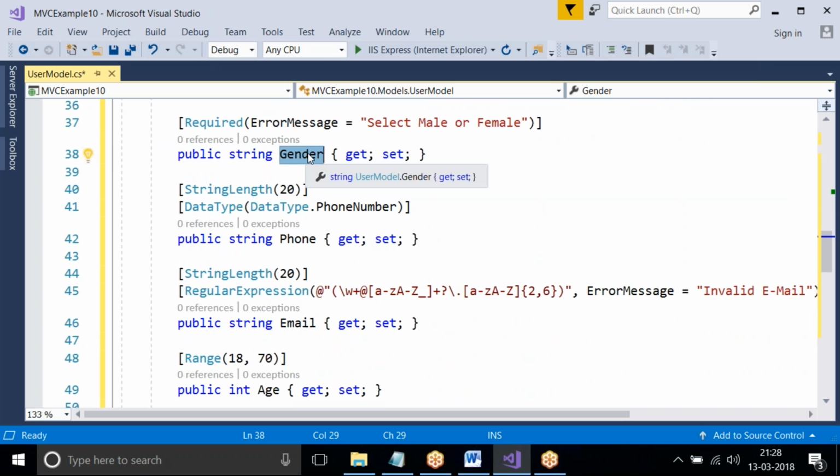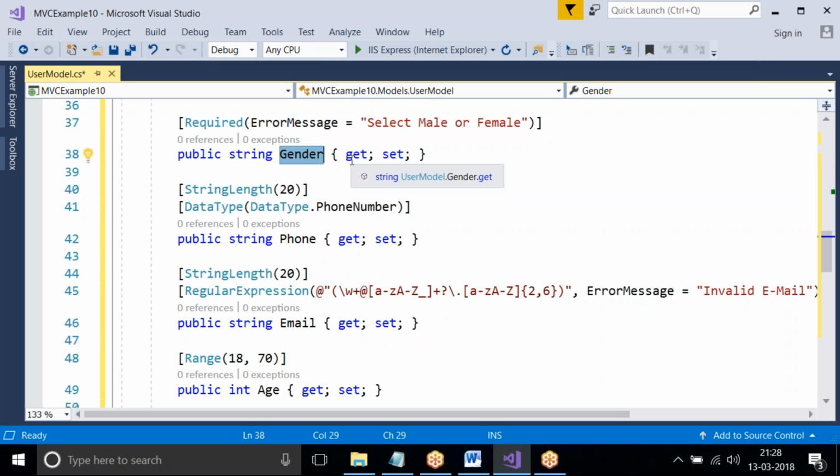And for gender, default validation messages will be there, like username is required, first name is required, last name is required. That default error message will not suit for all.